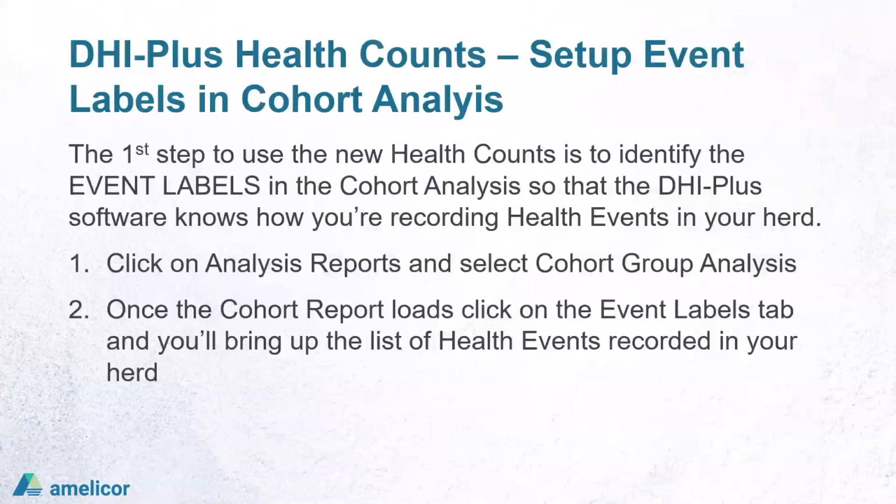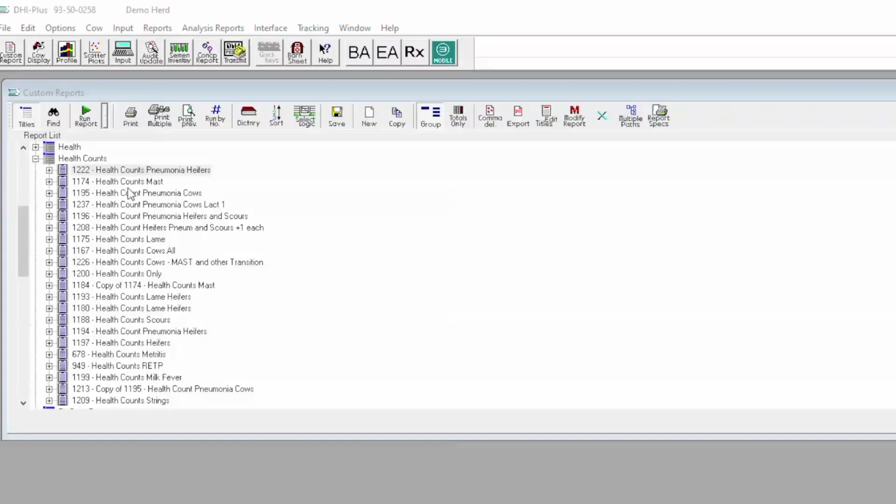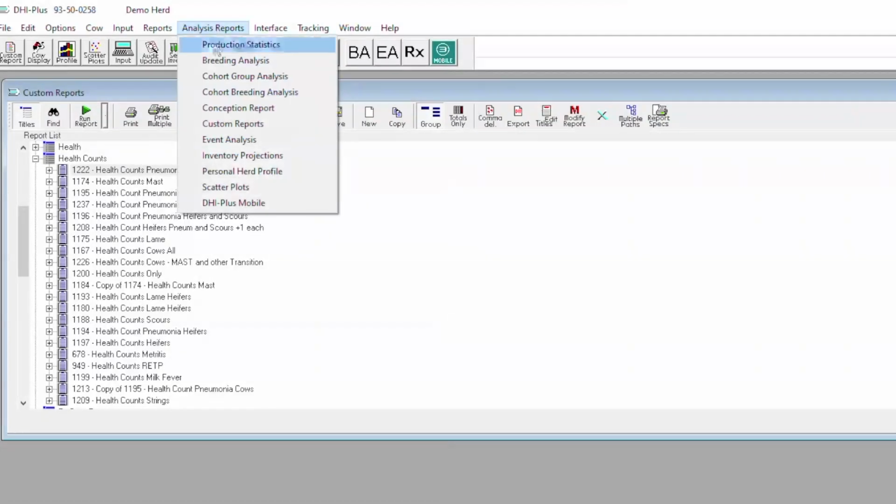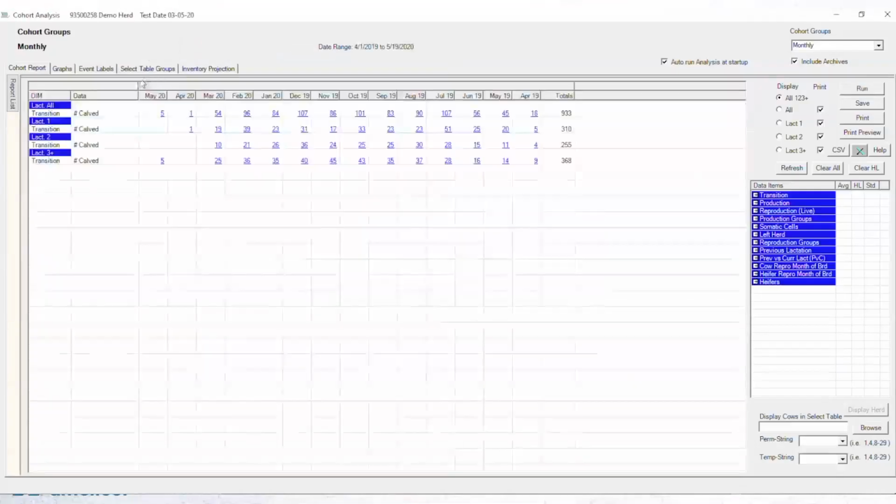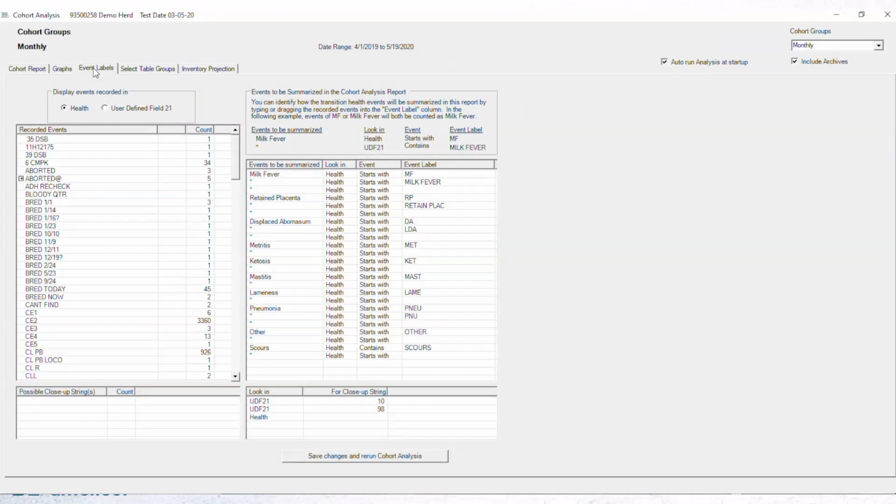How do you set these up? Well, DHI Plus needs to know how you're recording your health events, and we do this by going to the cohort analysis and identifying the event labels in your recording of your health events. So go click on Analysis Reports and select Cohort Group Analysis. Once the cohort report loads, click on the Event Labels tab and you'll bring up the list of health events